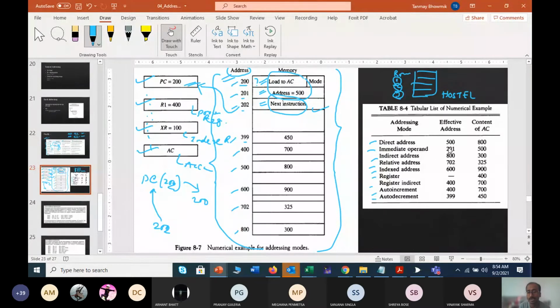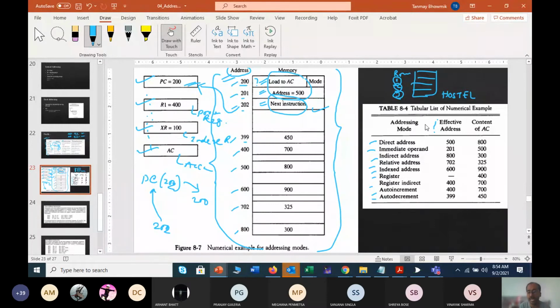You need to calculate each of the contents for each mode. You can see that for each specific effective address that has been calculated, the content of the accumulator at that time has also been calculated.